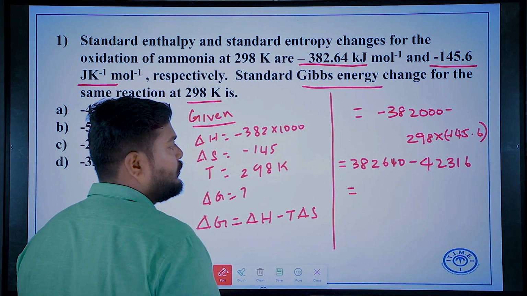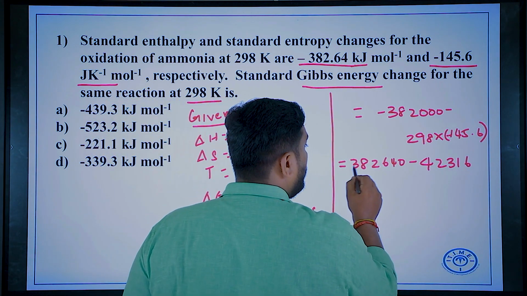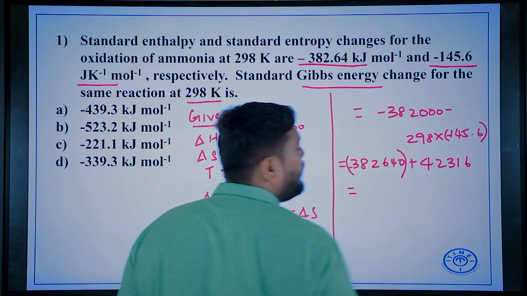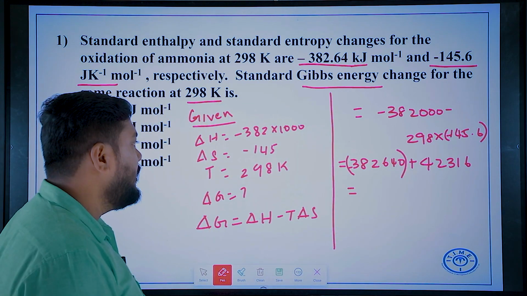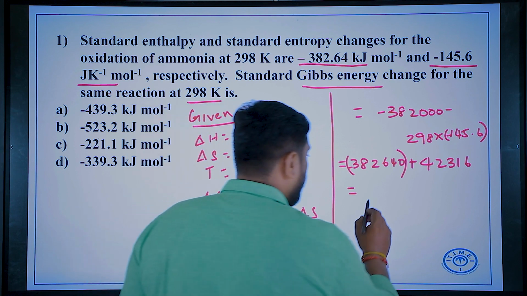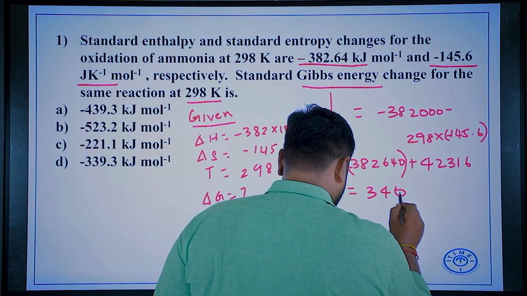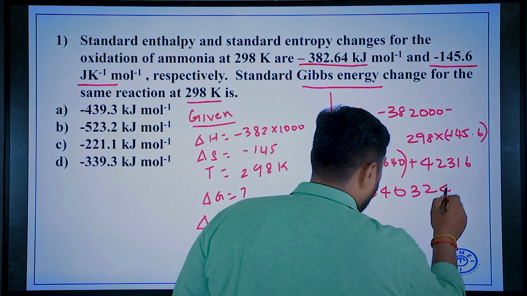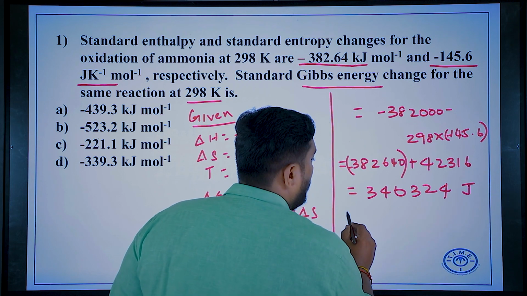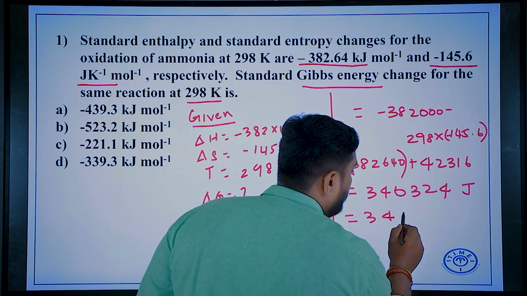If you subtract these two, because this will be in your negative sign and this will be in your positive sign, right? If you subtract these two, you will get 340,324. This is in joules, and if you convert this to kilojoules,